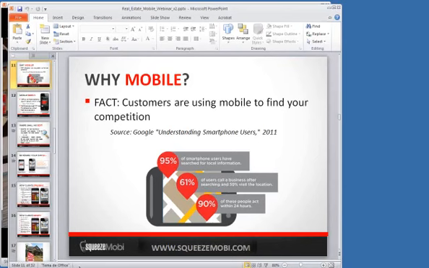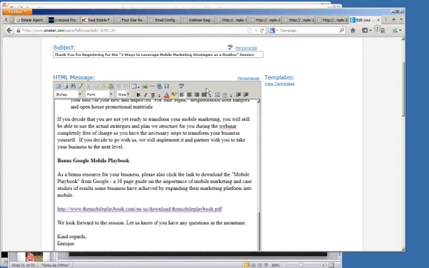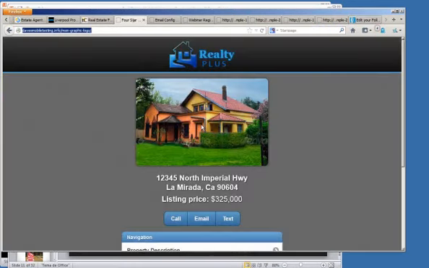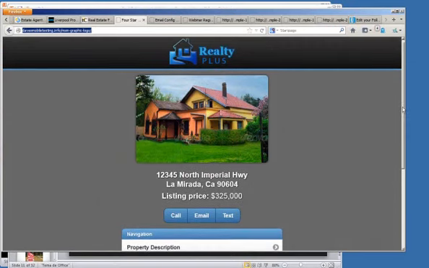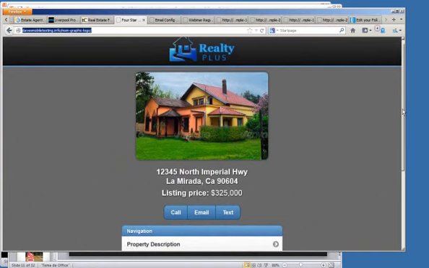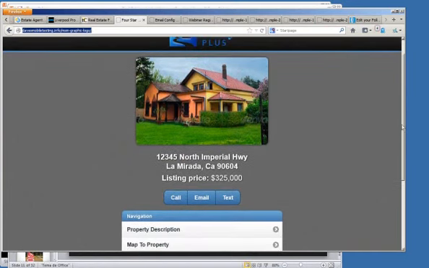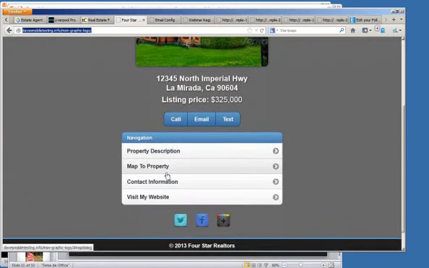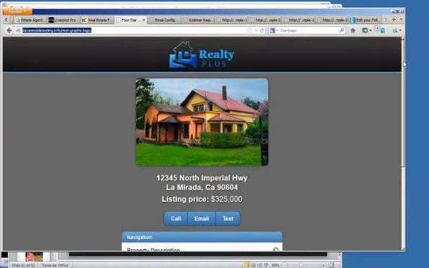Let's see. That redirects to our video mobile site of that property. There needs to be a QR code on that for sale sign that connects to this. It gives property description, maps the property, contact information. This is all the stuff that you got from Dave Cisneros,